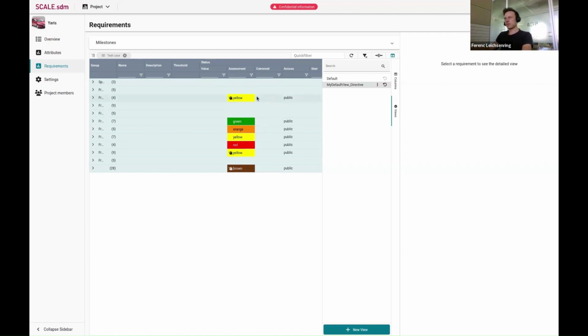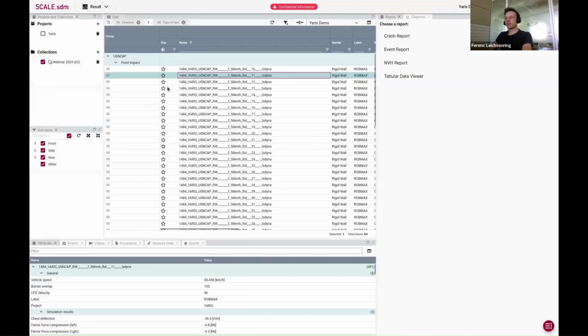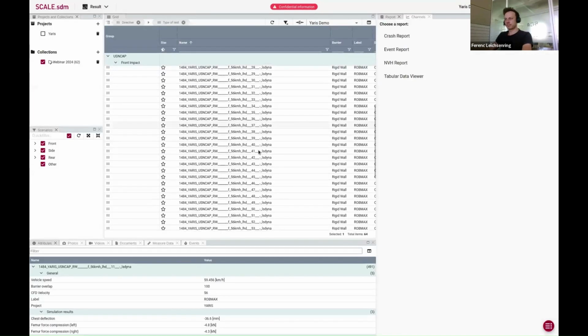That's about the requirements, test cases, and status setting. The second topic would be regarding plotting. Are there any questions regarding test cases and requirements? Nope. And then we go back to results. So the second part